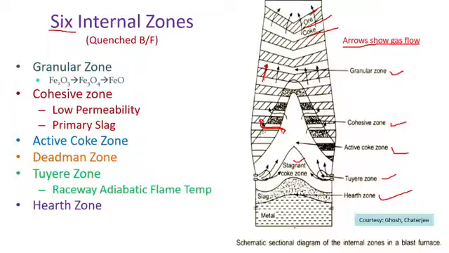Coke is the only material of the blast furnace charge which descends to the tuyere level in the solid state. The only material in the solid state. Okay. It burns with air in front of the tuyeres in a 1 to 2 meter deep raceway. This is your raceway. Okay. During combustion, coke pieces swirl around before they get gasified, and then fresh pieces descend to take their places. Where do these fresh pieces come from? That comes from the active coke zone.